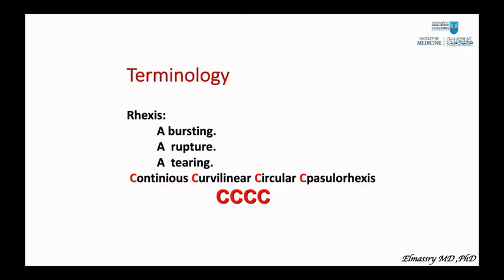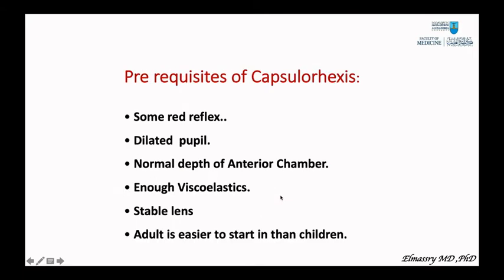Capsular access. The term capsular access or the term rhexis means bursting or rupture or tearing by the Greek word. And this capsular rhexis has 4 C's. It should be continuous, curvilinear, circular capsular rhexis. Prerequisites for capsular rhexis: you have to have some red reflex or to stain the anterior capsule,